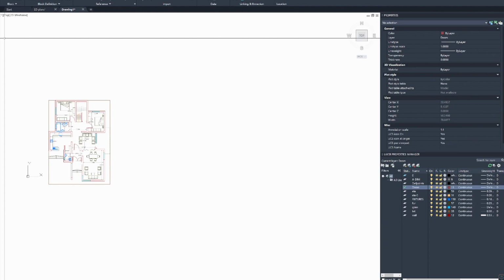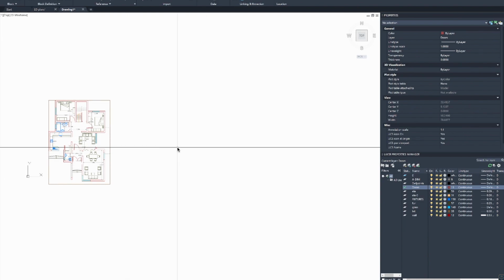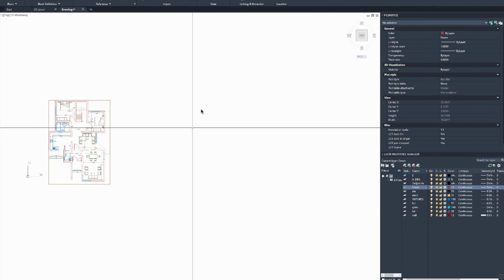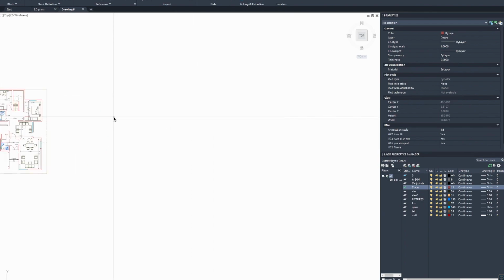Hello. So welcome to recording number 12, and in this recording we'll be covering a little bit of an extension of blocks, and that is attributes. There's a very nice function in AutoCAD that allows you to repeat the block multiple times, but change a value of something or have it prompt you to add a value or fill in something that is a variable that